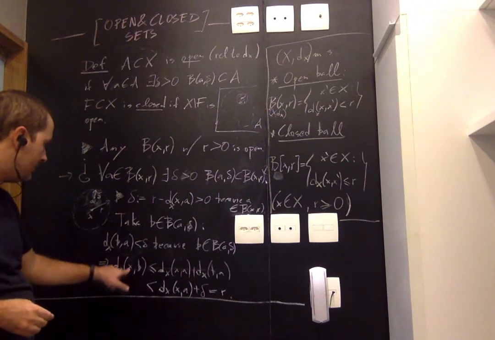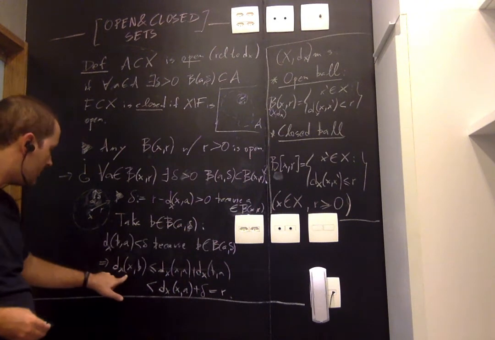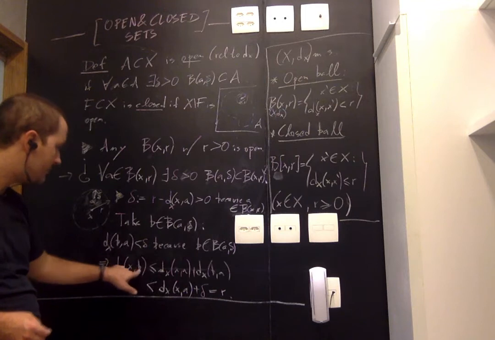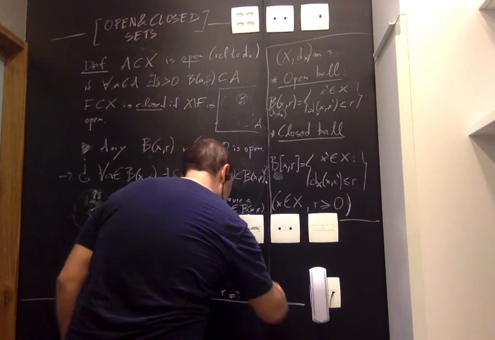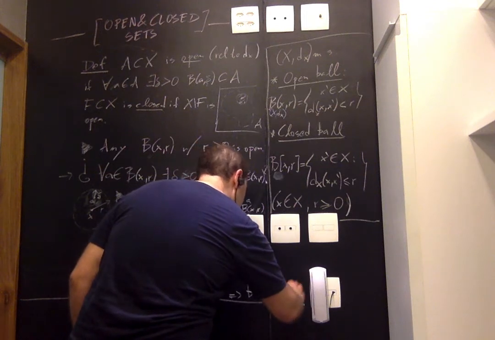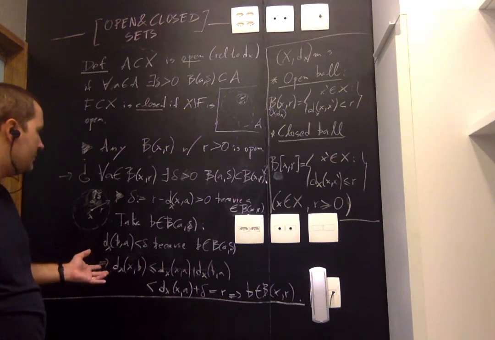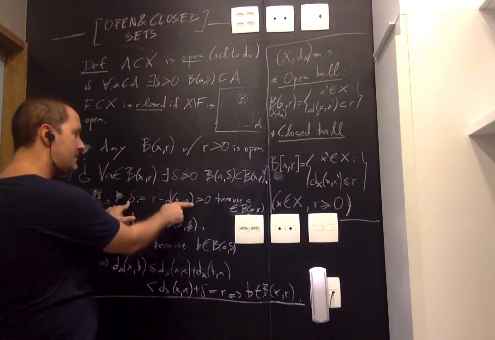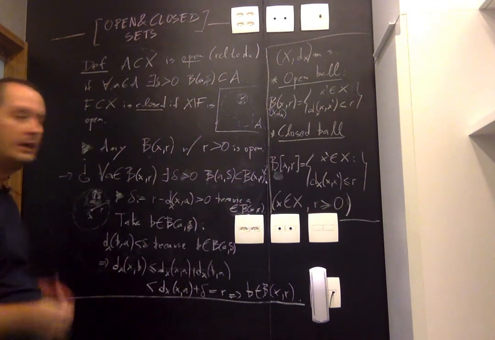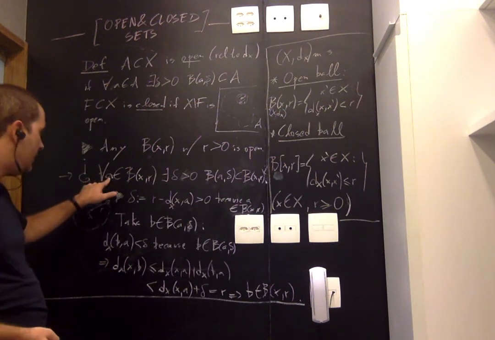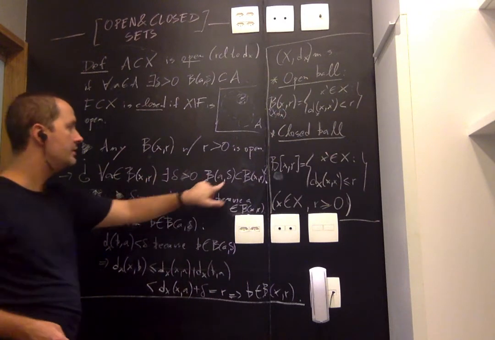So let's see what happened. B is an element of the open ball around A with radius delta. And what I showed is that the distance between little x and B is less than r, strictly less. So B belongs to the open ball around x of radius r. And that's what we wanted to do, right? We wanted to prove that with this choice of delta, any element in this ball belongs to this other ball. And we're done. Given A, we found that there is a delta defined explicitly over here that guarantees this